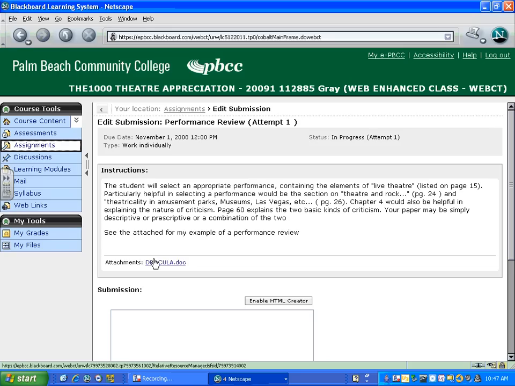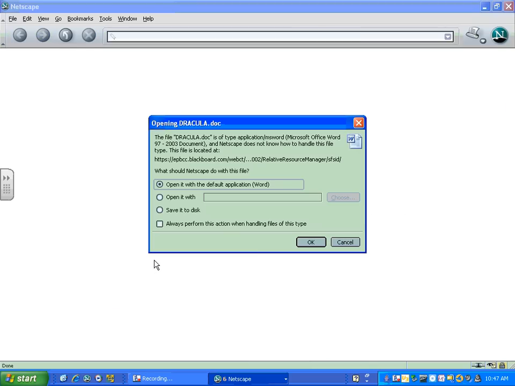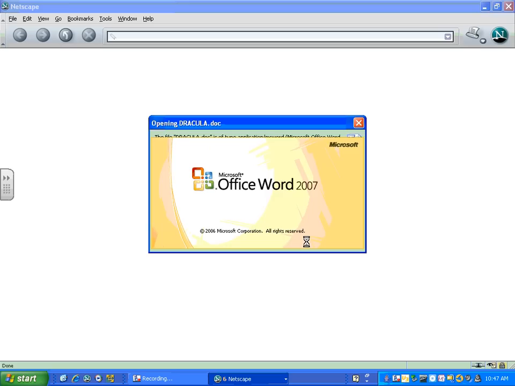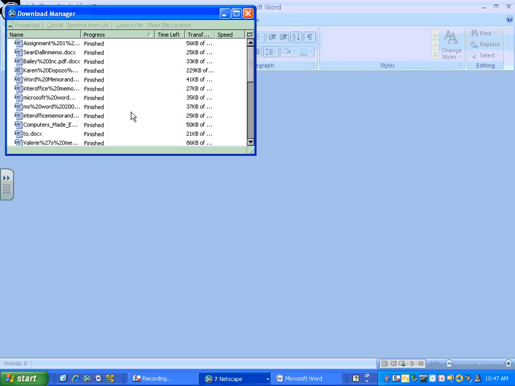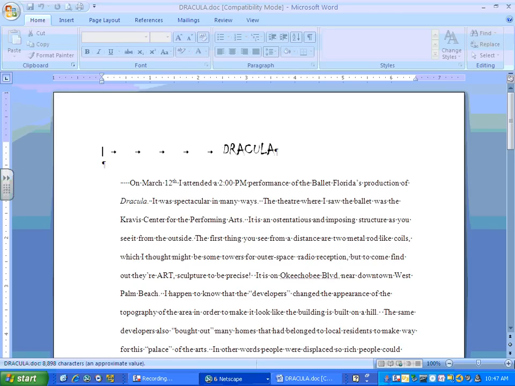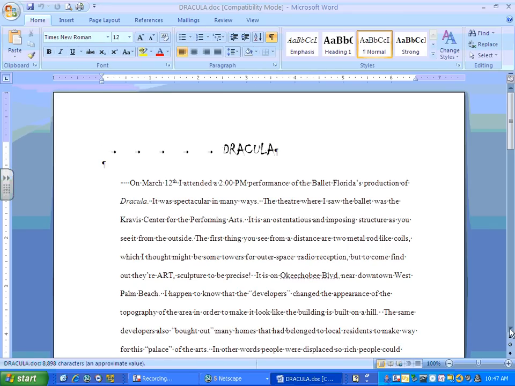So you have to go to a play or a performance, and your book gives you quite a bit of information about what might be appropriate, and this is just an example of an appropriate kind of document that you would submit. It's the same way. This takes a little longer because it's opening in Word. We don't need to look at that. This is a little bit of a long paper, but I